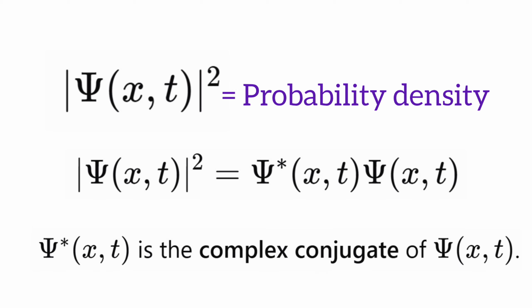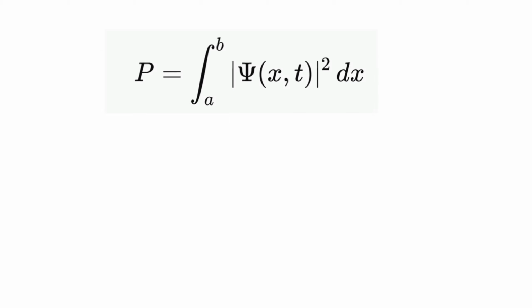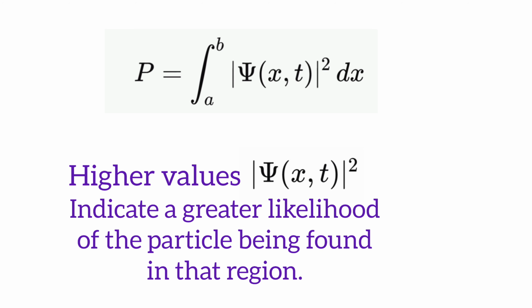In general, the wave function is a complex valued function, but after taking its square modulus, it becomes real and non-negative. Mathematically, the probability of finding the particle between position A and B at time t is given by P equals the integral from A to B of the square modulus of psi of x comma t with respect to x. This means that a higher value of the square modulus of the wave function indicates a greater likelihood of the particle being found